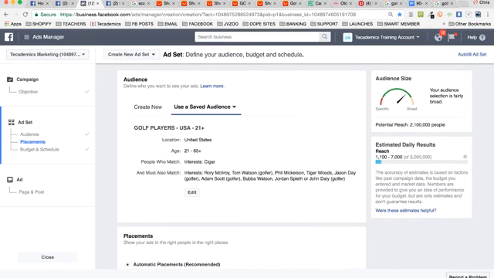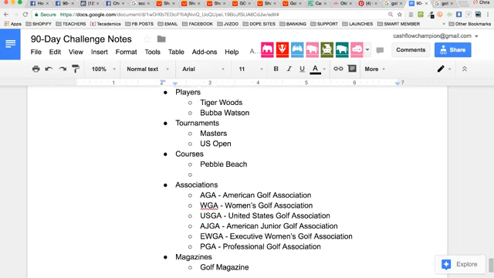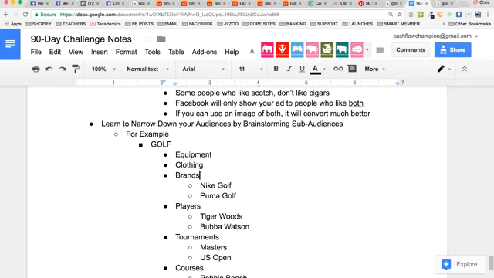Now I have people who match cigar and also match one of these interests. And now I've got a nice audience. Okay? So you can save these. And that's what I would do. So in a nutshell, what I would do is go through and brainstorm a bunch of brands, okay? And then match them and intersect them with cigars. You have this information now. What I would do is run one ad,